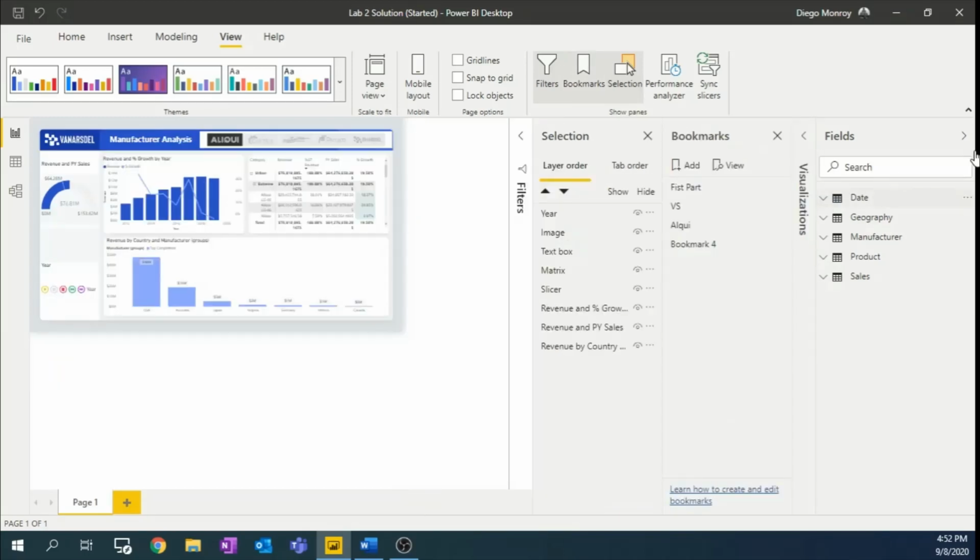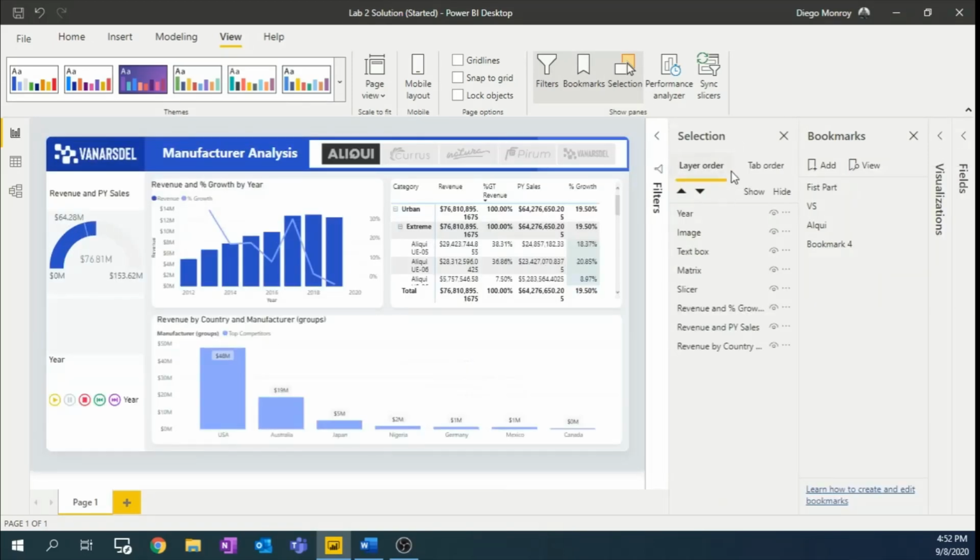We can click on it, and we have the selection pane. You can find each visual in your page, and in the bookmarks pane all the bookmarks that you already created, right? So please click if you don't want to show some visuals. I don't want to show this slicer in this case. I just want to click here, hide this visual, and disable this option, and you can see it now,